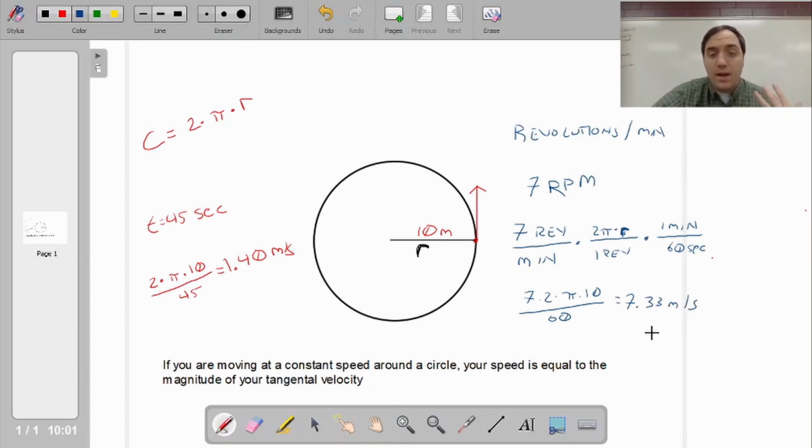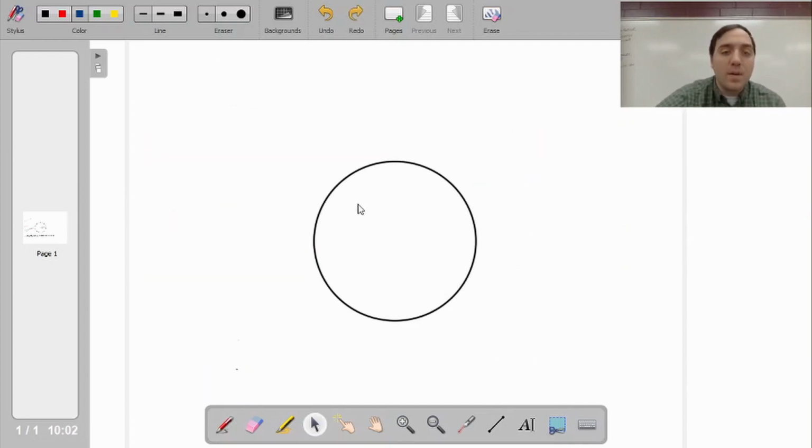Now, this is great. This is useful. We can calculate our speed, our velocity, but this doesn't help us find our acceleration, at least not directly. In order to be able to find your acceleration, you need to be able to find your velocity, because via various derivations and calculations, we find that the acceleration centripetally equals your tangential velocity